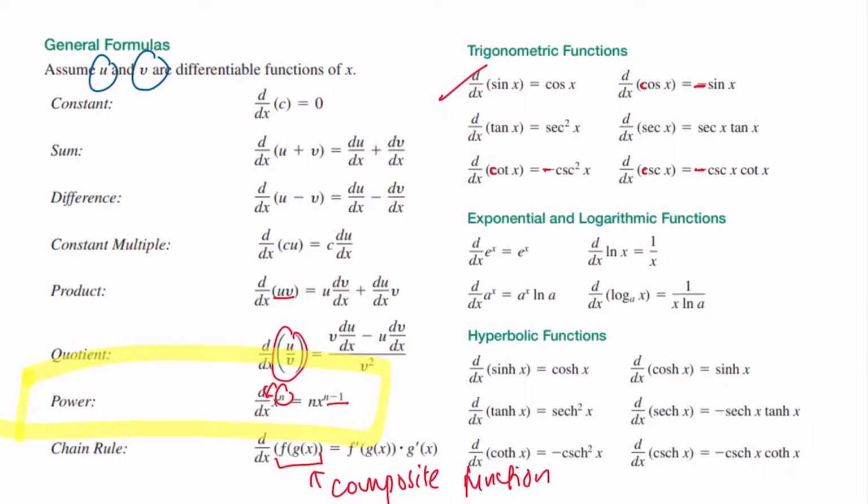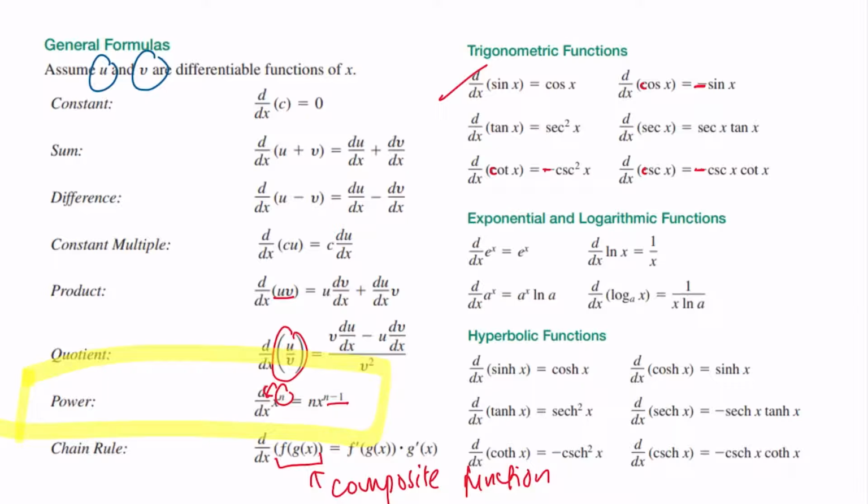Okay, then the next one is exponential and logarithmic functions. Like I said, I already proved it somewhere in the other videos. So if you're interested, you can go ahead and watch it. And if you just want to use the formula, yeah, you just use the formula, okay? But